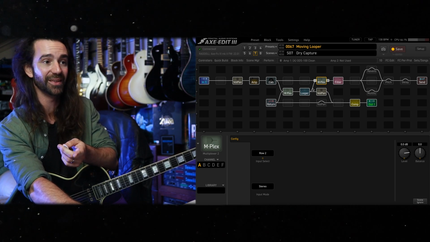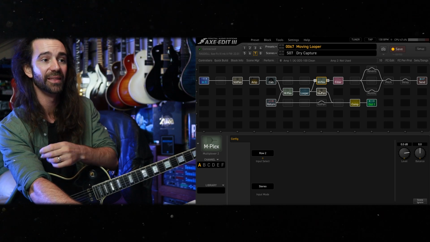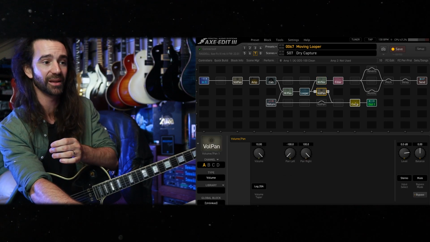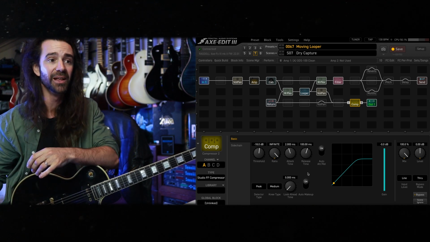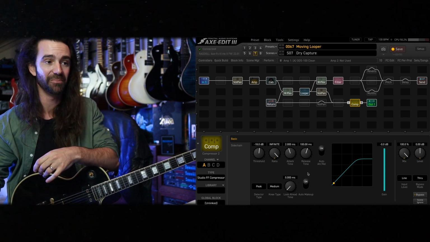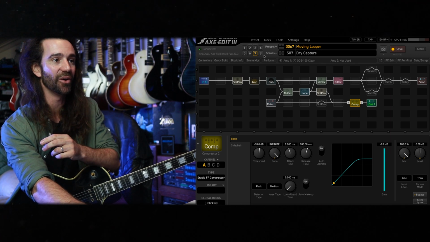So it's ignoring this signal that's coming up from the looper. Then we've got a volume and pan block, and I've just placed a compressor right at the end with an infinite ratio to act as a limiter, because I am going to be building up a lot of time-based effects on there. Okay, now on the